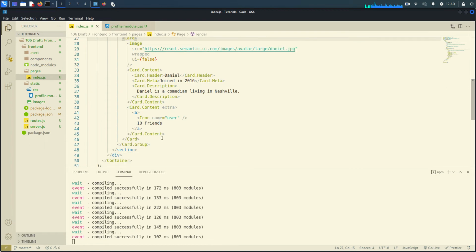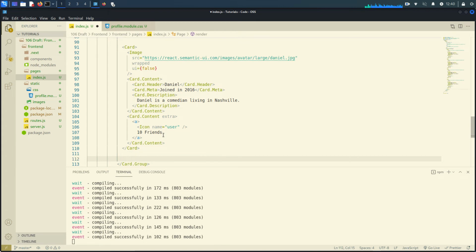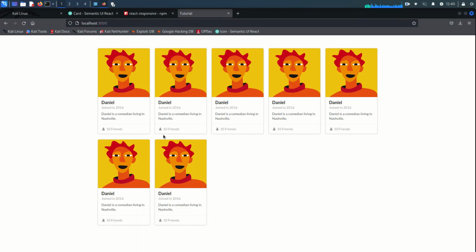Let's duplicate this card. Maximum: second card, third card, fourth, fifth, sixth, seventh, something like this. So okay, now I have my page which looks something like this. It looks fine for this width, but the problem comes here when I